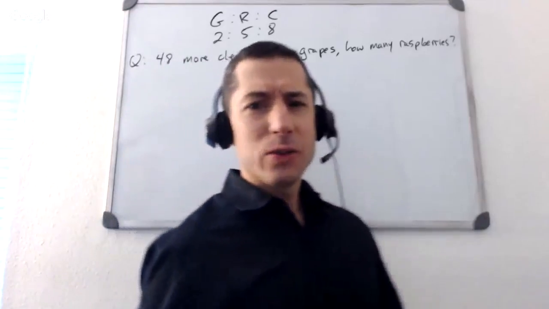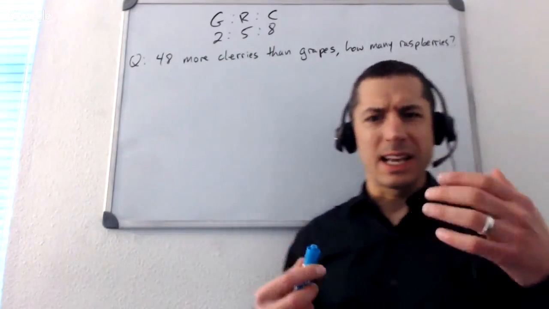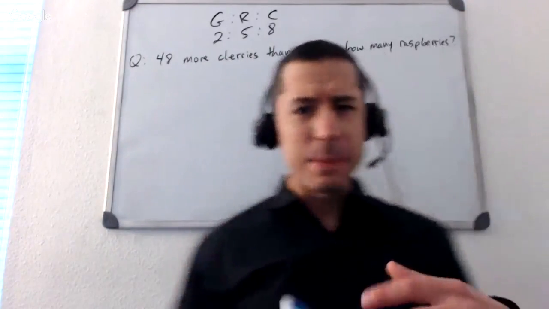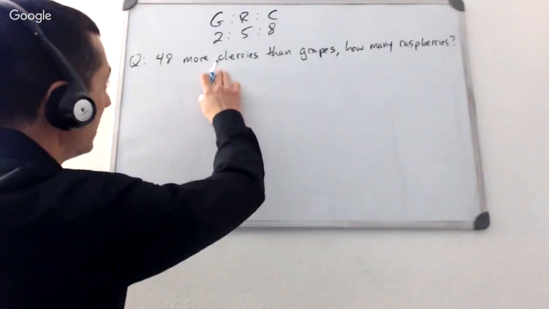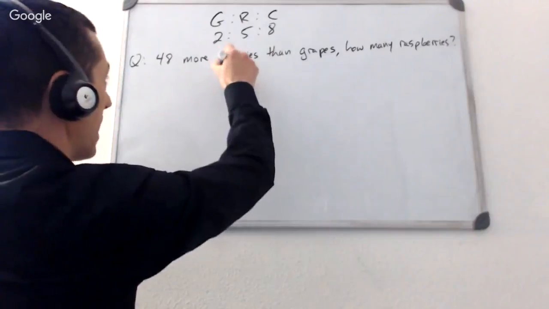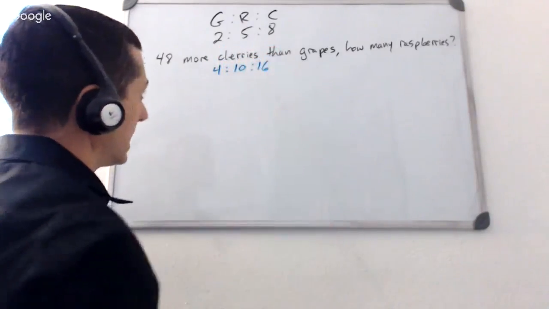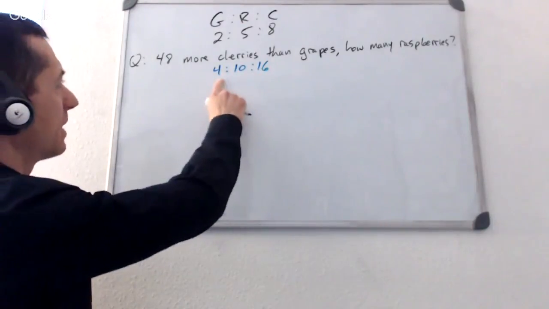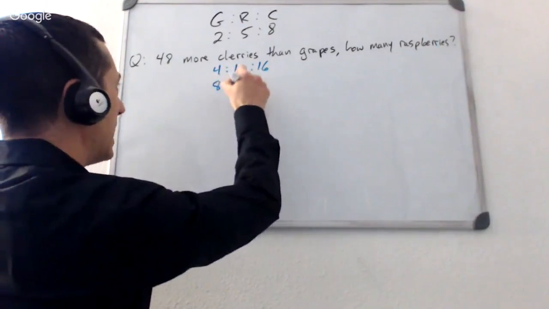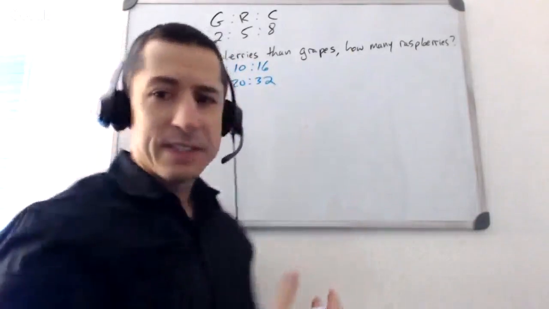A lot of people do kind of goofy stuff on ratios, and they'll start saying, let me see if I can just massage these numbers and avoid the algebra. And I'll see people do stuff like this. Well, hey, it's a ratio. We can just scale it up, and it's 4 to 10 to 16. And well, is that going to be 48 more cherries than grapes? No, that's only 12. Well, let me double that again. And you can see how this is magnificently inefficient.